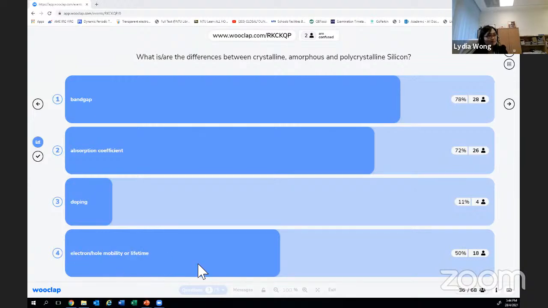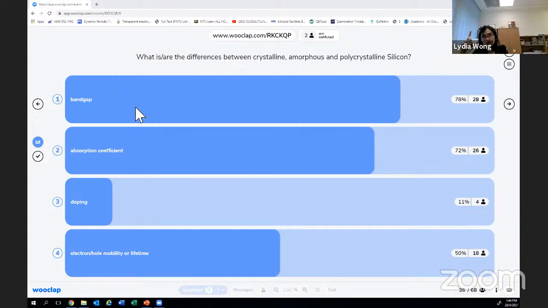Why is that so? Can anyone guess? If you can only choose one, number 4 is the correct answer. This is the greatest difference. The band gap changed from 1.1 to 1.5 eV, not much change. It's not like 1.1 to 4 or 5 eV. The color is still black, so it's not much difference.